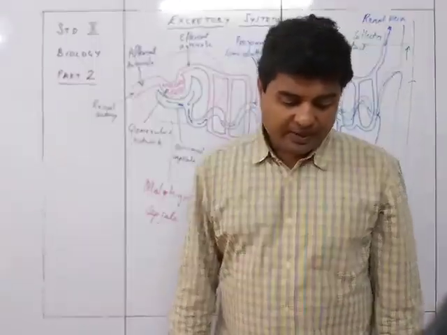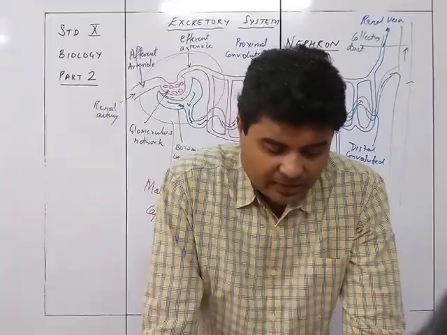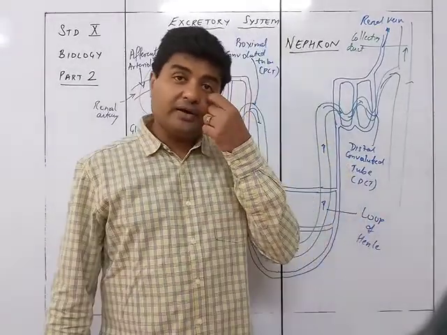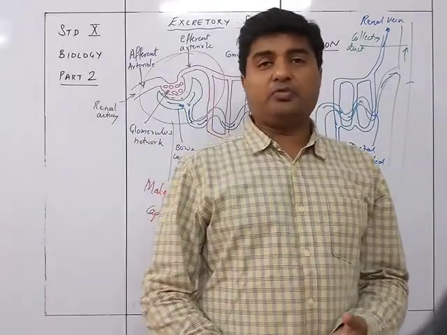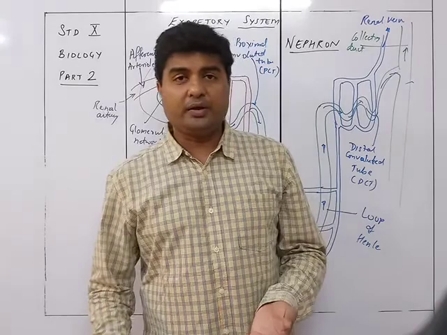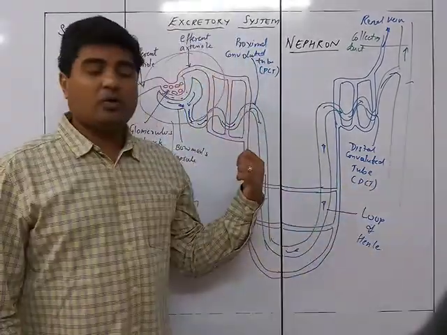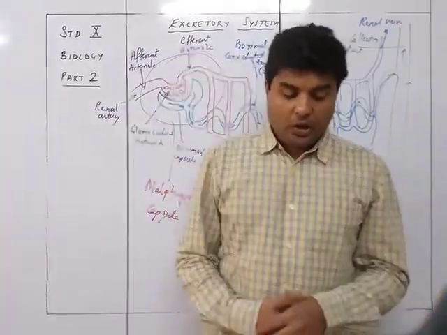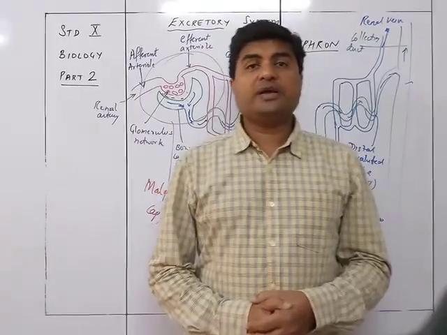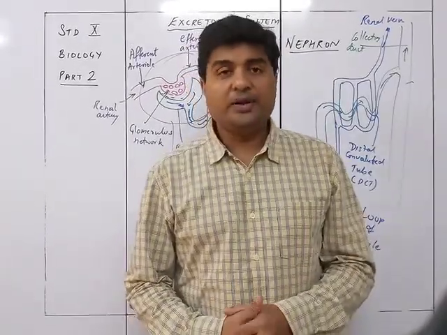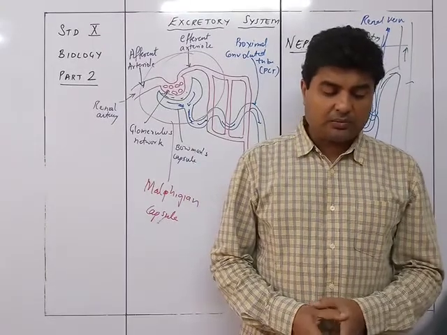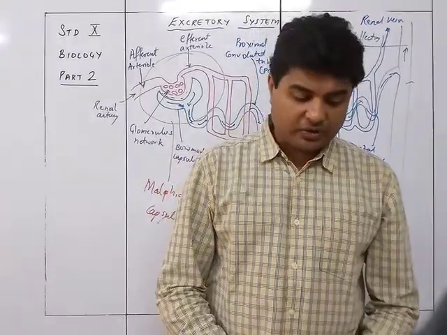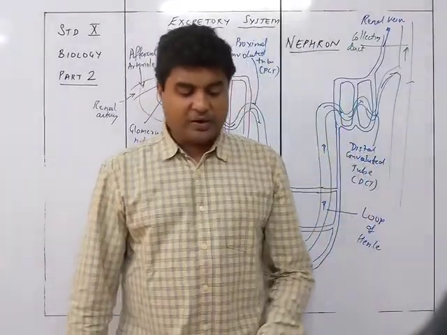And finally is the bile pigment, that is anemia or hepatitis or jaundice due to liver cirrhosis. If the liver is giving out some amount of bile pigment, and the blood contains more bile pigment, it appears in the urine. The cause would be any problem with the hemoglobin, that is anemia, or any problem with the liver, like hepatitis or jaundice, or it could be due to liver cirrhosis. So these are the abnormal constituents of the urine.